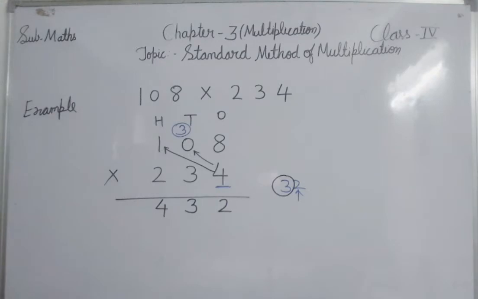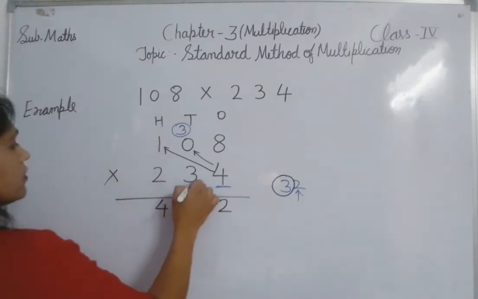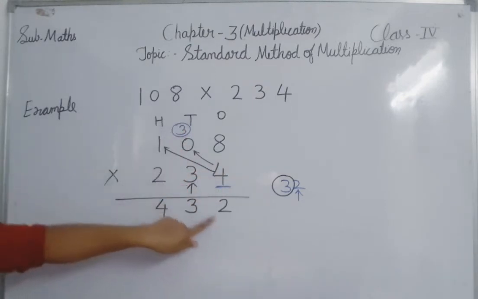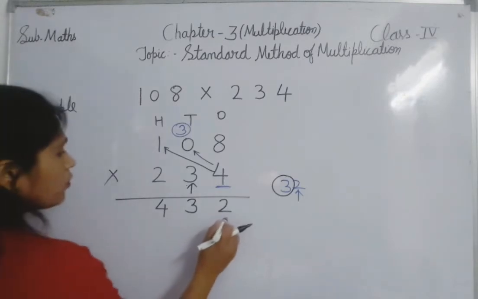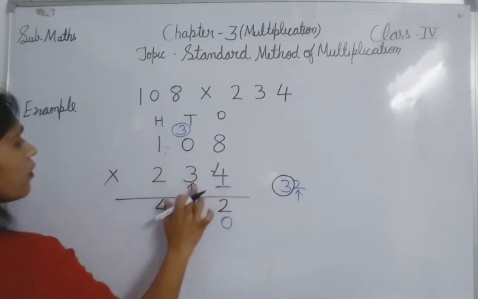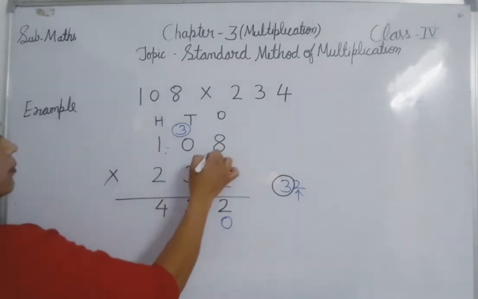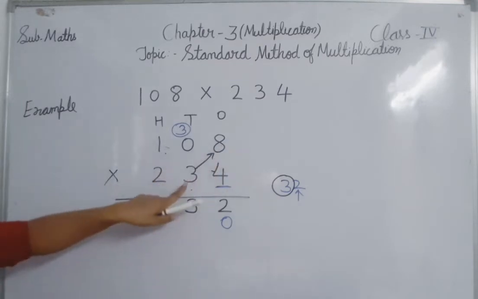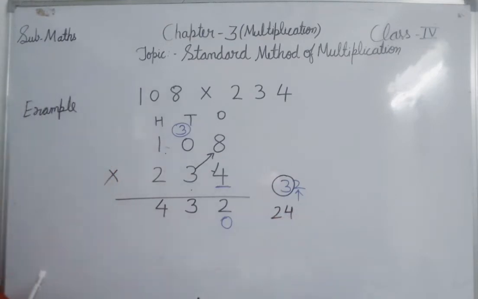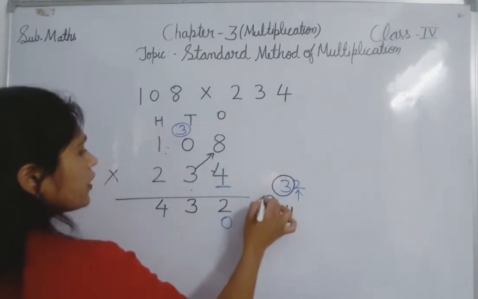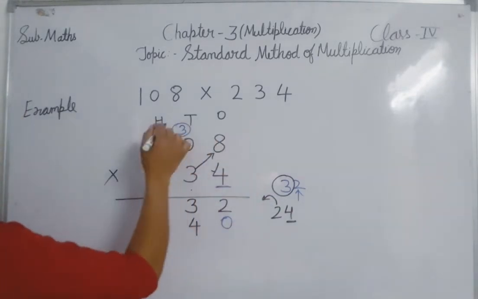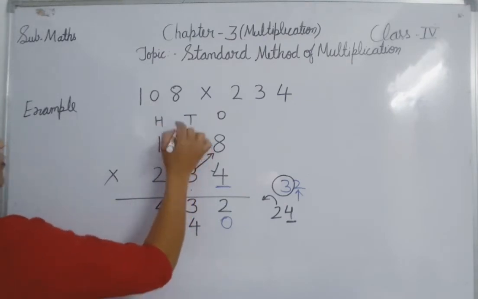Clear? Now come to the second digit. Now it's 10's turn. Yes, first ones place has been over. Now we will start from the tens. So this time on ones place we need to put 0. Now let's start for 3. So 3 first will multiply with ones place, means 8. 3 multiply by 8, so 24. 24, you can write only 4 here. 2 will go in next house. So here we'll write 4 and 2 will go carry forward here.